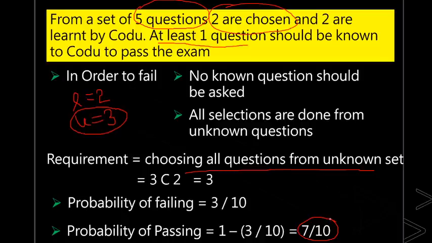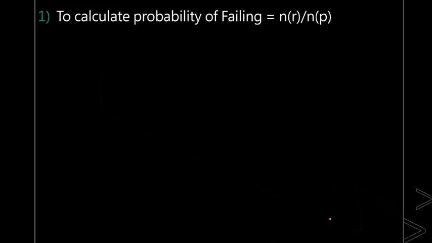Instead of forming a table and calculating it step by step, this time the concept is very simple, and that is all we want here. Can you all understand this procedure? So this is how we are going to approach the problem. From the probability of failing, we are going to calculate the probability of passing. Is that clear?